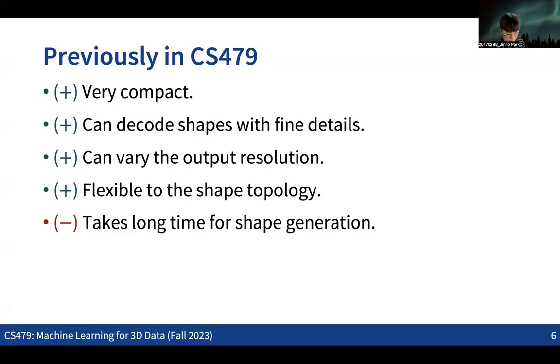And also the good thing was that we could easily vary the resolution of the output shapes. That's a really good thing, especially compared to other cases where we use a 3D convolutional neural net predicting voxel-wise values. Also, when you make a point cloud decoder, as you have done in assignment 1, those are cases where we fix the resolution of the output.